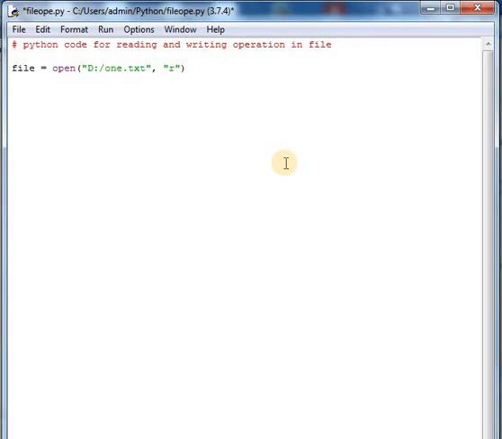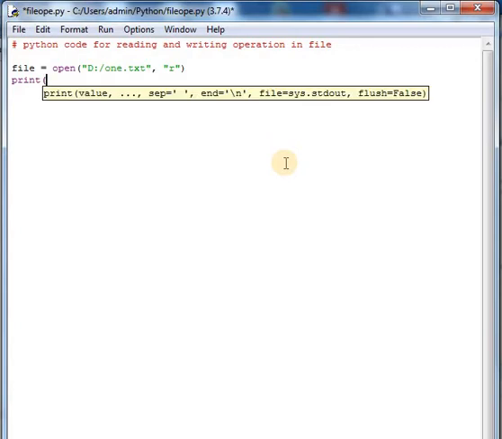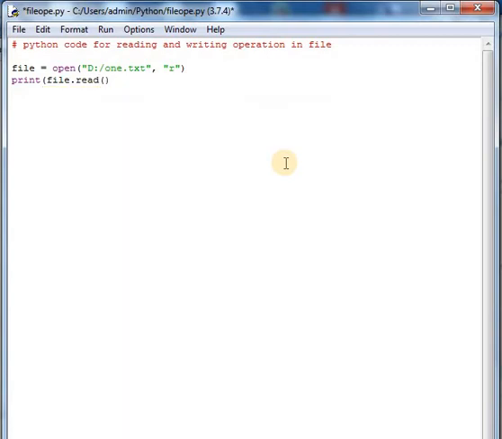So the syntax is file equal to open, after that we give the file location from where we have to read, and after that the mode. Now I want to print all the contents of the file. So in the print I am giving file dot read. Read is the method through which we are reading the whole file.